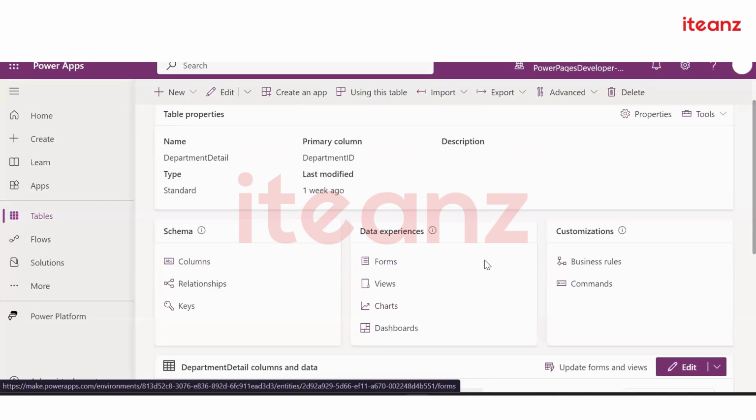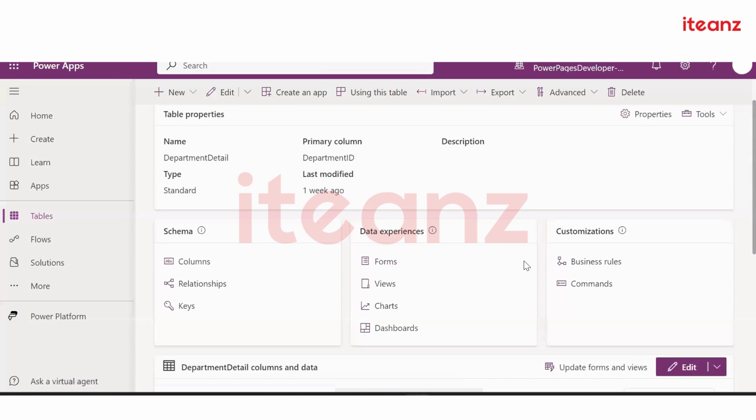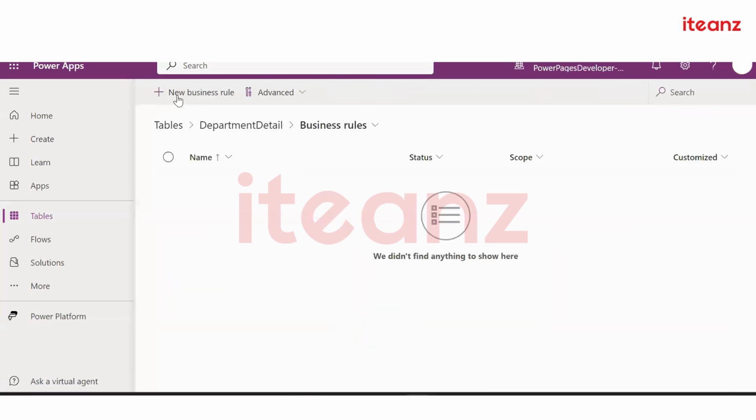I hope we have covered business rules and business process flows, or was it not covered? No, it is not covered. Okay, so we will see business rules first. Business rules, simply I will tell you, in order to perform any validations inside the form or to the table, we will be creating a business rule. For example, validation in the sense,